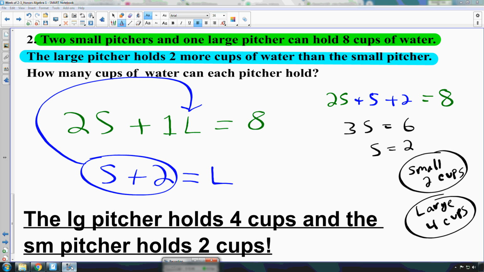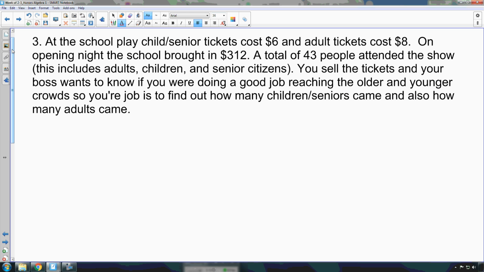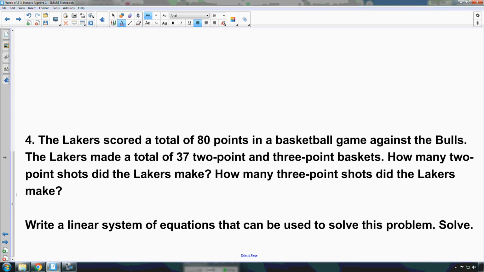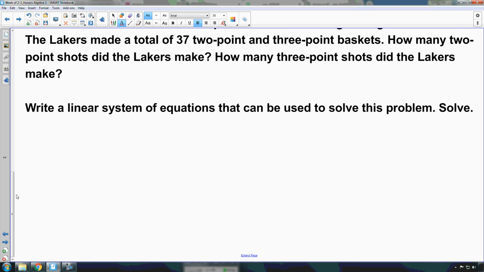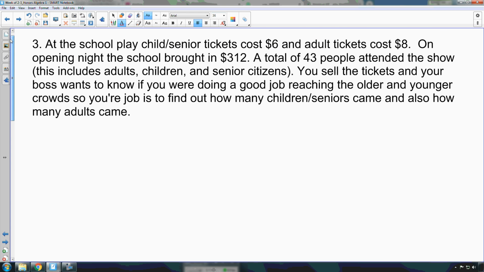I'd like you to try to just stop where we are with the video. So we're going to be done here. And I want you to try these last couple problems here. So this problem's not too bad. It's on the back of your note handout, I believe. And then there's this problem, sorry, this problem here, 3 and 4. Now 4 is a whole lot like that test question problem. And 3 is probably something you've seen a couple times before. So pause the video and make sure you try problems 3 and 4 as part of this